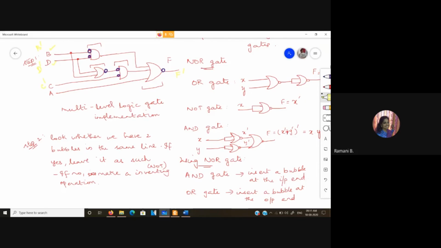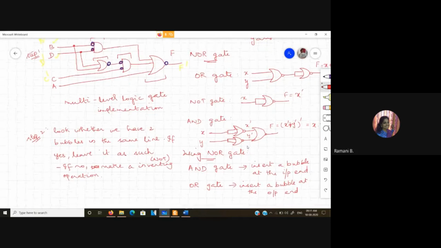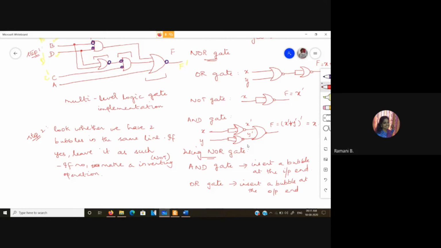So now redrawing the diagram, I will convert all these symbols to NOR gate symbols. So this is going to be B bar, D bar, and maybe here I will split these things out, okay? Because for the AND gate only I need to invert the variables. For this OR gate, I need not invert the variables.